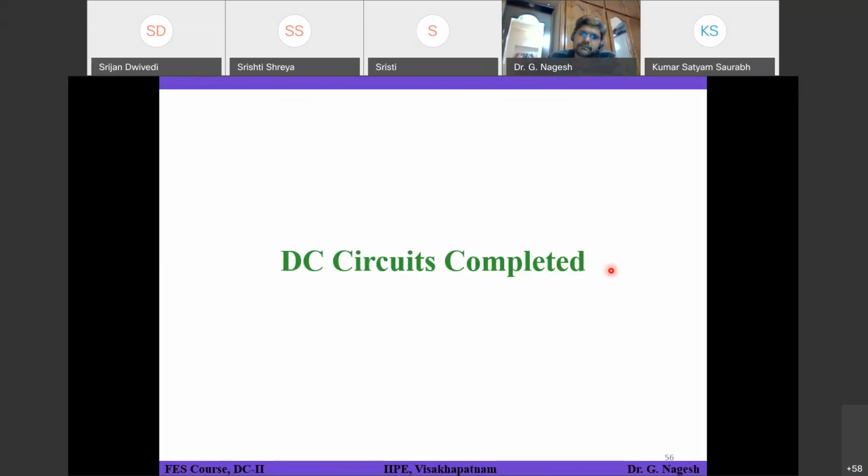See, problem solving means whatever method I have discussed till now, that is good enough. But if you want to practice more, take the first problem you have discussed and apply different methods on that. You are understanding what I am saying? Yes, sir. Anyway, I will give you some 5 to 6 problems. You can apply any method, Thevenin's theorem, Norton's theorem, nodal analysis, whatever it may be. I will give you the answer also at the end. That answer you should get by any method you adopt. You can apply all methods and practice.